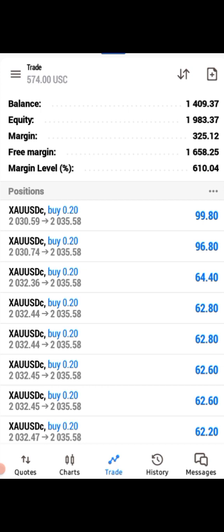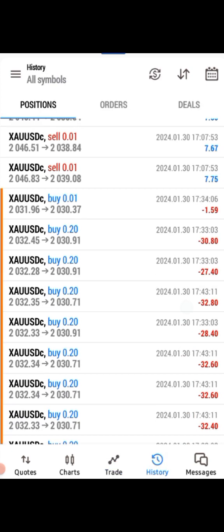These are the ones I entered previously. I mean, these are the recent entries I took. While these were the previous ones, the old entries, some of them hit the stop loss, right? You can see them running at $64. So if I had not made that mistake by placing a tight stop loss,